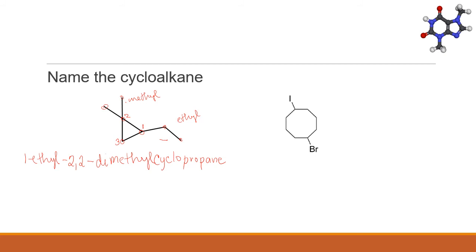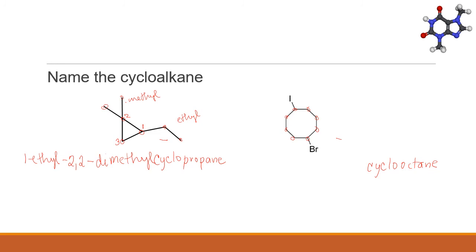Now let's go over to the other structure. This cycloalkane has 1, 2, 3, 4, 5, 6, 7, 8. So an 8-carbon cycloalkane is cyclooctane. So now we have to number our carbons. Do we number